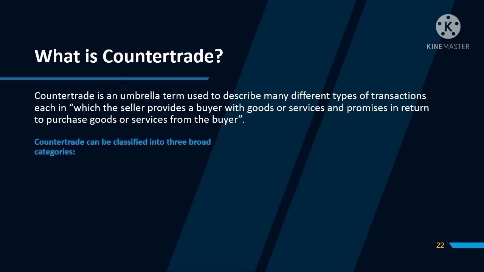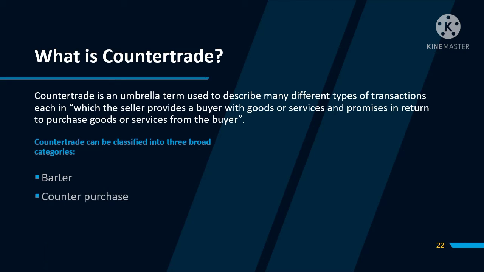Counter-trade explained. Counter-trade can be classified into three broad categories. Number 1 is barter. It is the oldest counter-trade arrangement, and it is a direct exchange of goods and services with an equivalent value but with no cash settlement. For example, a bag of nuts might be exchanged for coffee beans or meat. Like for example nowadays, nauuso yung barter sa Facebook wherein nagpapalitan ng gamit with no cash settlement.